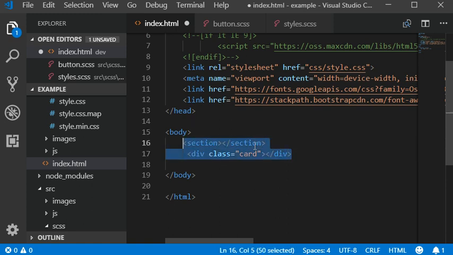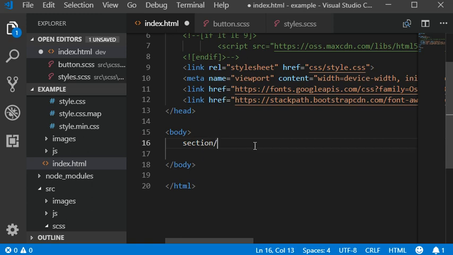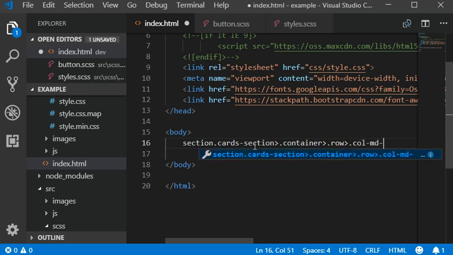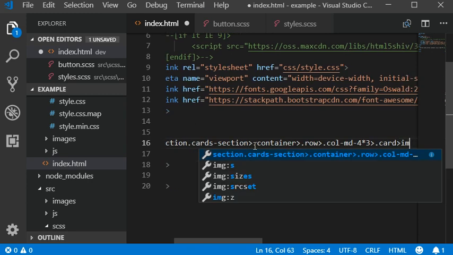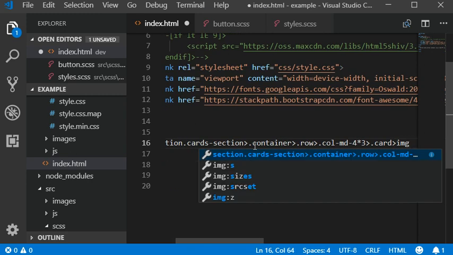Actually, we need to add simply an image with the name of cards section, and then we need to add a container, then a row, and then some columns, which is column d4 static 3. Within that we need to add a card class, and within the card we need the image tag,